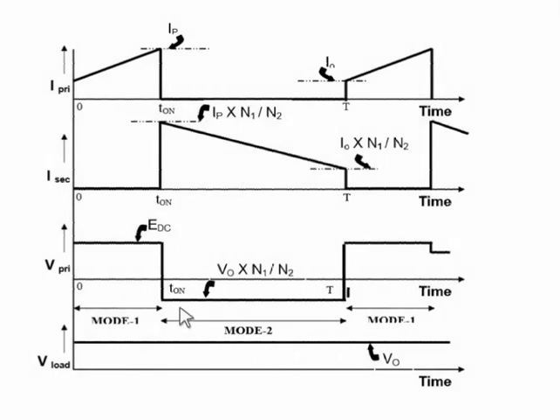During mode 2, negative voltage appears across the primary winding, which is given by V0 into N1 by N2. So the output voltage V load remains constant during every mode of operation. During mode 1, voltage is transferred by the capacitor, and during mode 2, voltage is transferred by the energy stored in the secondary winding. So at the output side, constant voltage is maintained during both modes of operation.